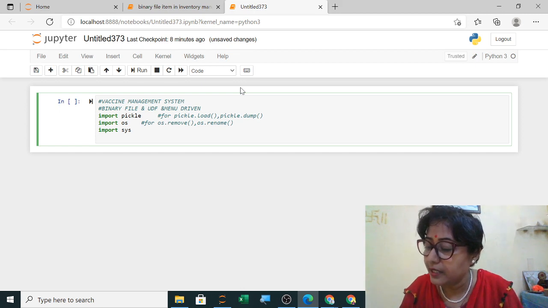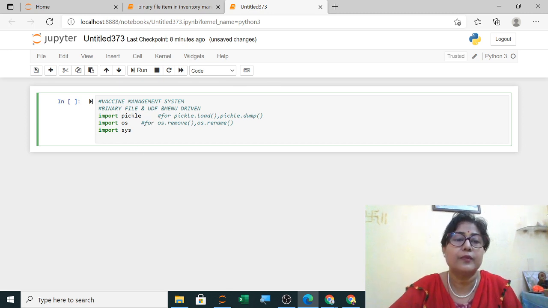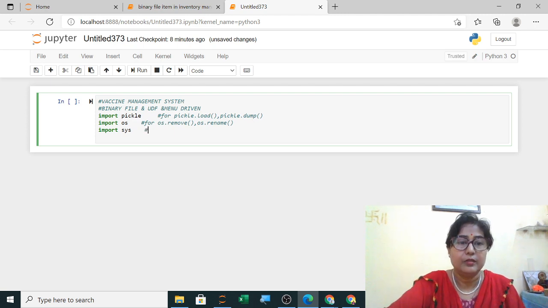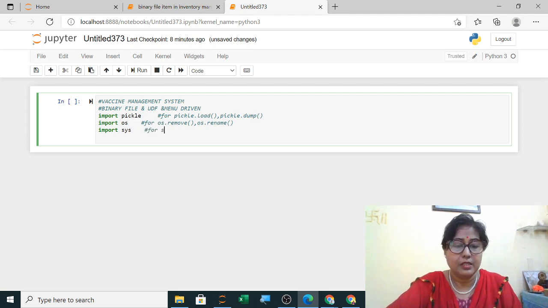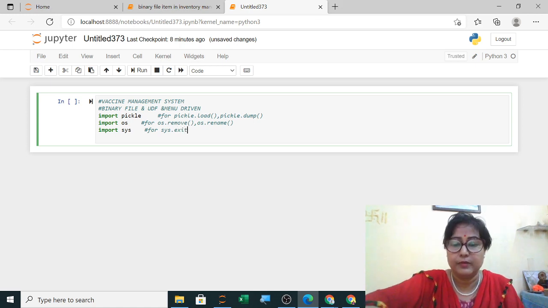You can write here for sys.exit function. So here I am writing for sys.exit function.